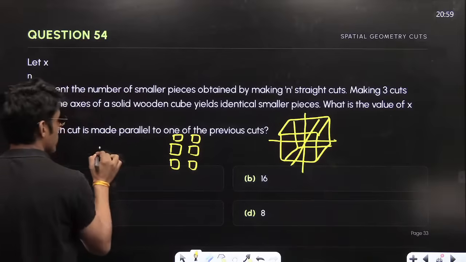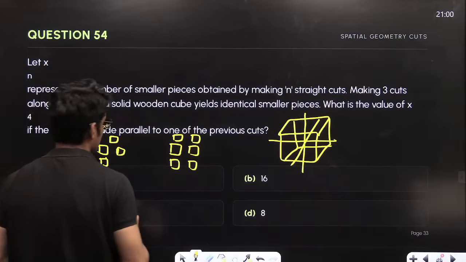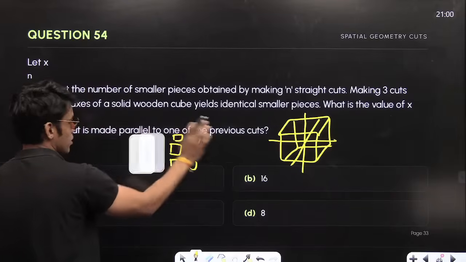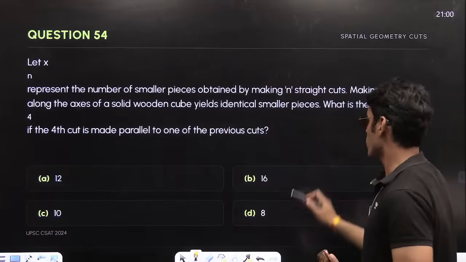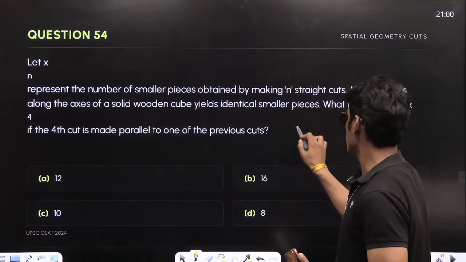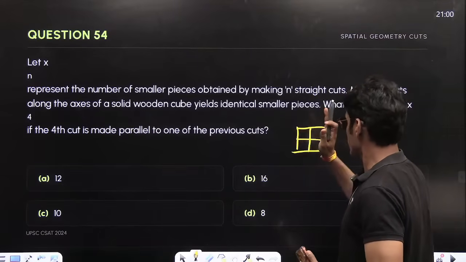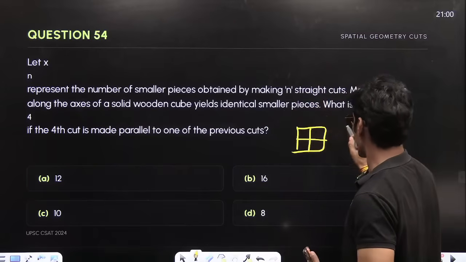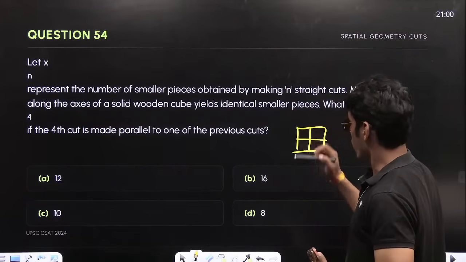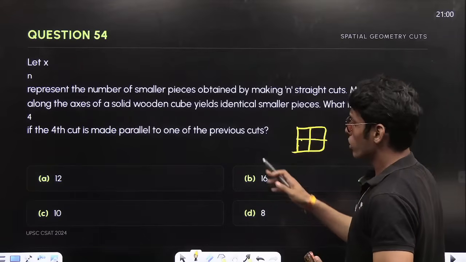Like, how do we imagine it? It is like this, right? So, like 8, you have to visualize this thing, right? So, the front view will look like this. One cut was here, one cut was here, and another cut is between. So, the top view will also look like this, right? Now, if the 4th cut,